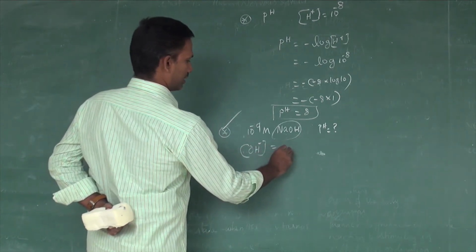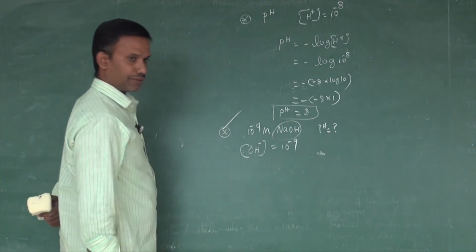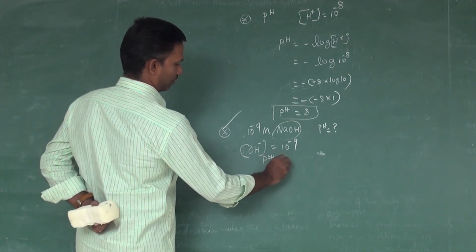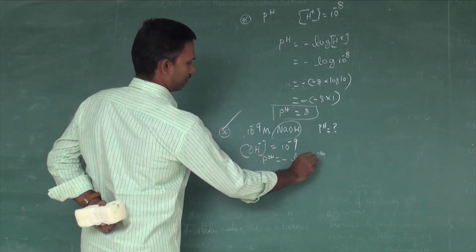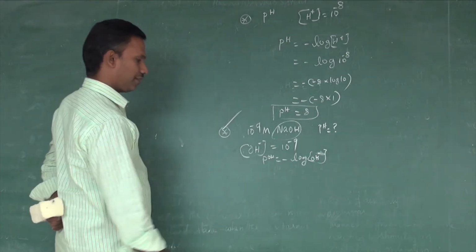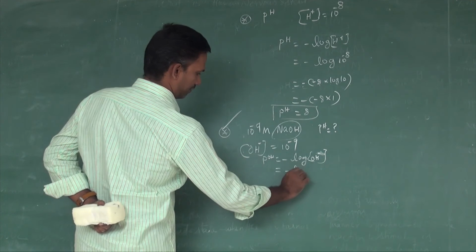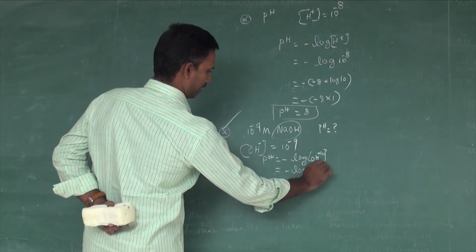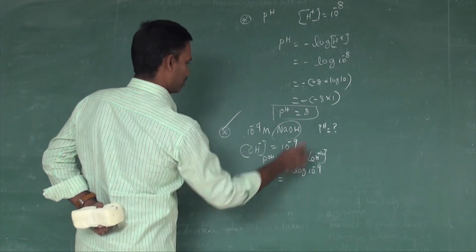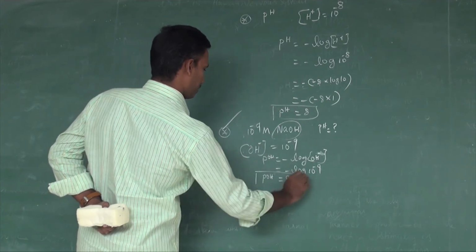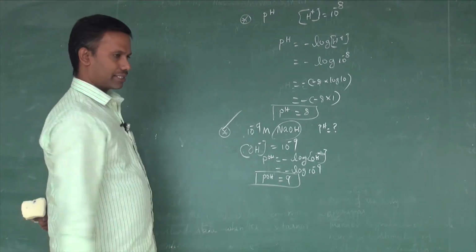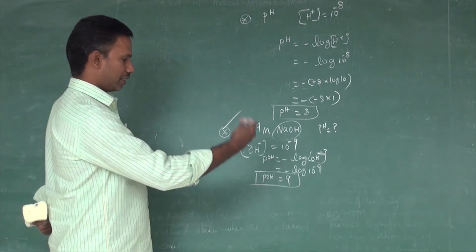OH minus ion concentration 10 power minus 9. Okay. Then what is the pOH? pOH equals minus log of OH minus ion concentration. Then minus log of 10 power minus 9. So totally, pOH, you do all those things, you will get 9. 9 is the pOH. But the question is not asked like this. If suddenly you write this as the answer,